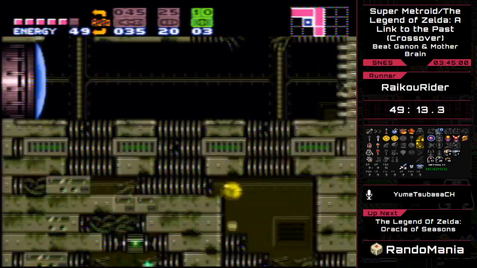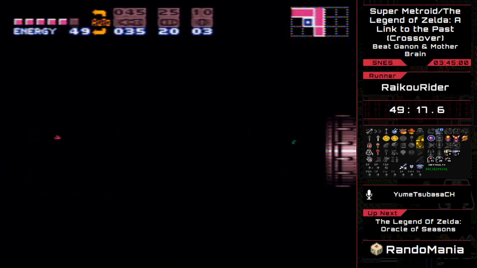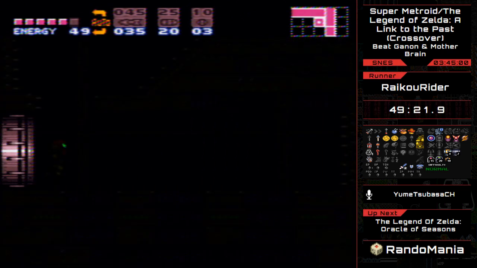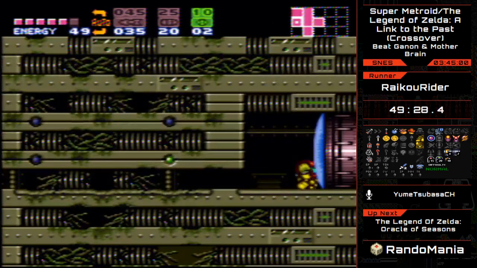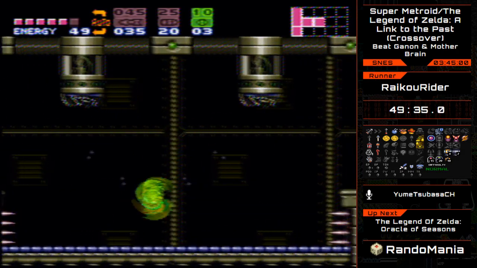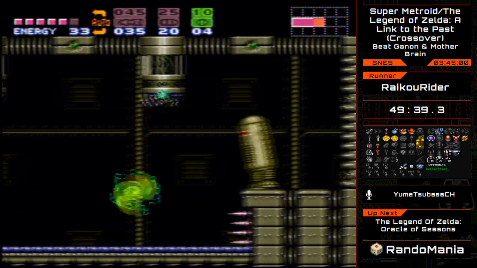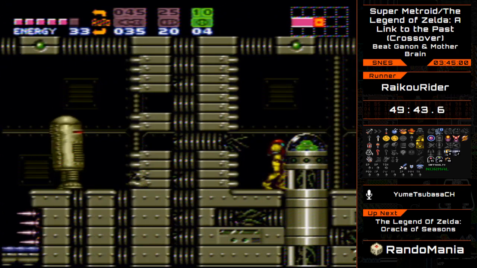I'm getting a little concerned about power bombs. I think I can farm off of... I might have to farm off of the puffers. Probably. Yeah, I think I have to farm the puffers in this room for power bombs. I mean, again, with screw attack, not a problem. It's not a problem, it's just something you have to...